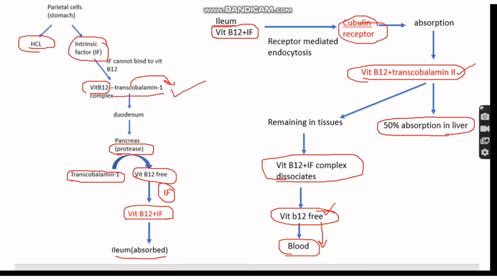Once the vitamin B12 is absorbed in the ileum, it will bind to another carrier protein known as transcobalamin 2, and then transcobalamin 2 will undergo absorption in the liver as well as in the tissues, where this complex is dissociated and converted into free vitamin B12, and this vitamin B12 will enter into the blood. Okay,